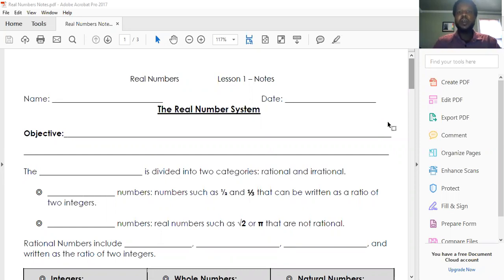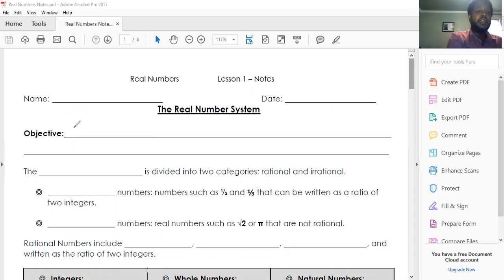Okay, so here in the real number system, we're going to go over these notes with you all, so you get a better understanding of what it means to use the real number system. So we're going to make sure that we're writing in that objective for today. Okay, so your objective is going to be